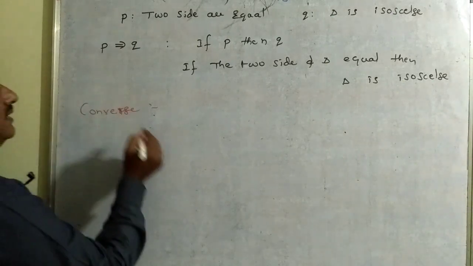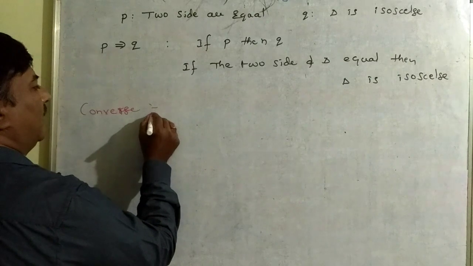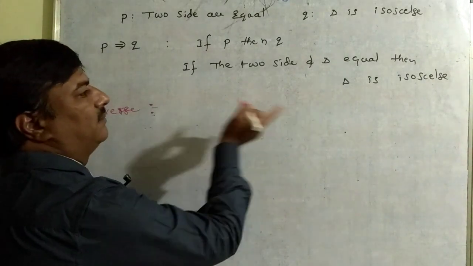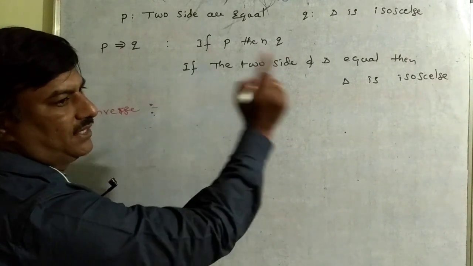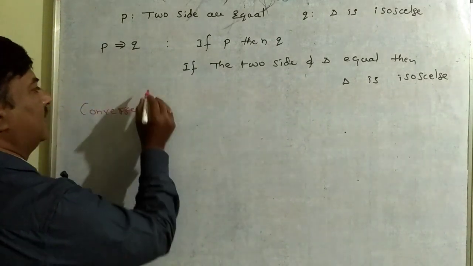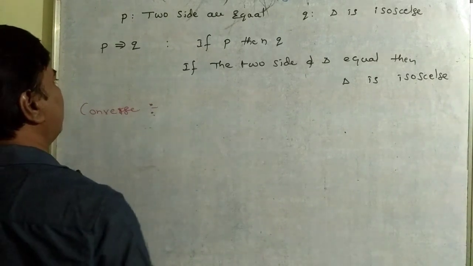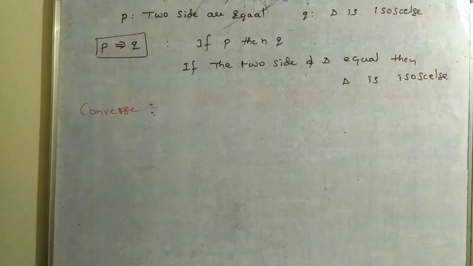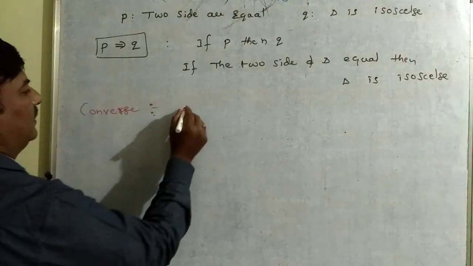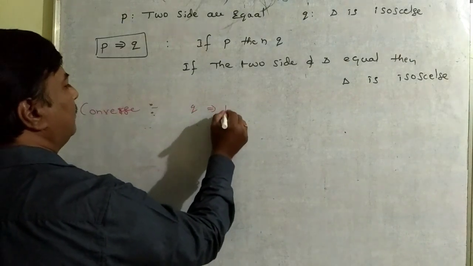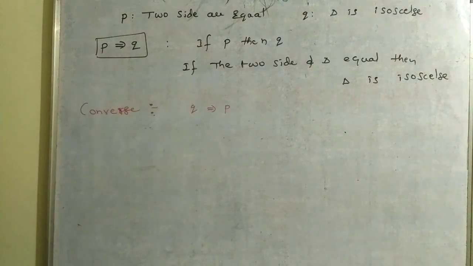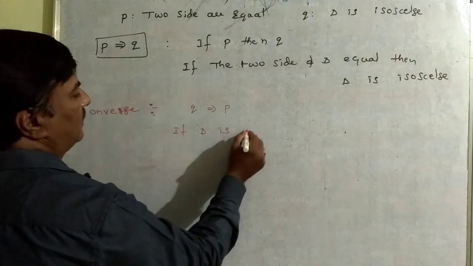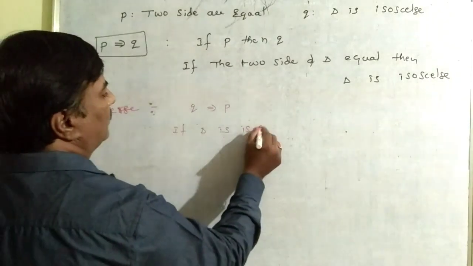The converse of this implication is, we can write the second statement as the first statement and the first as the second. The given statement is P implies Q. Then the converse of the statement, we can write Q implies P. That is, if the triangle is isosceles,